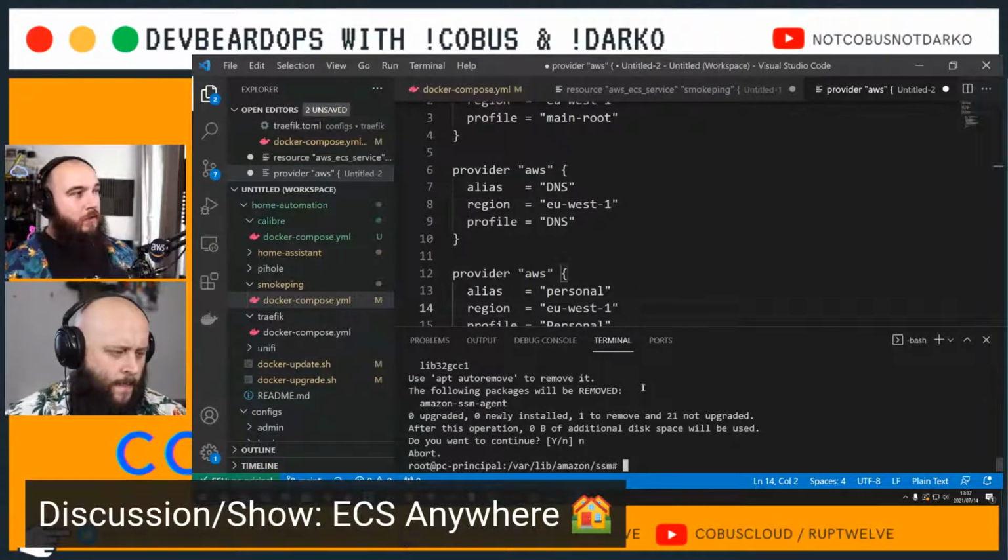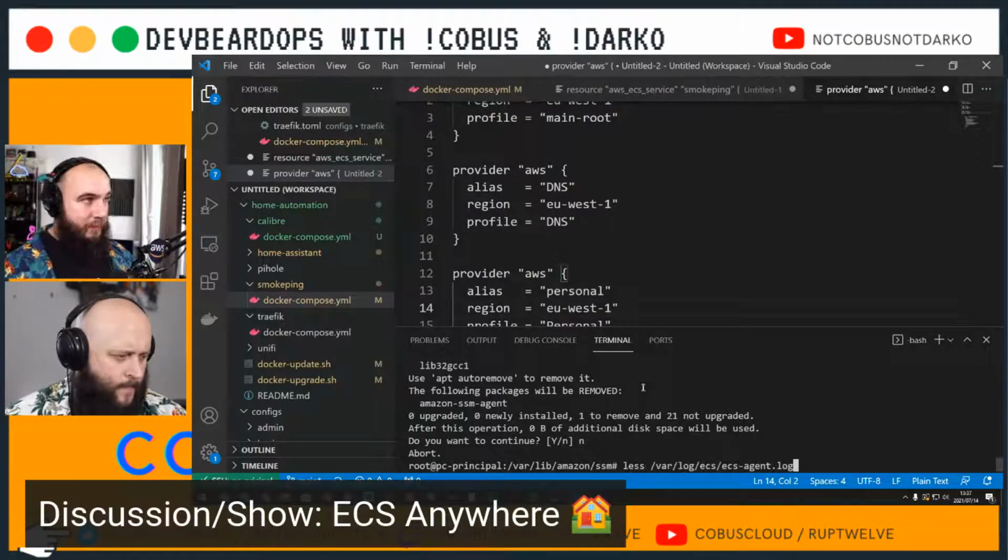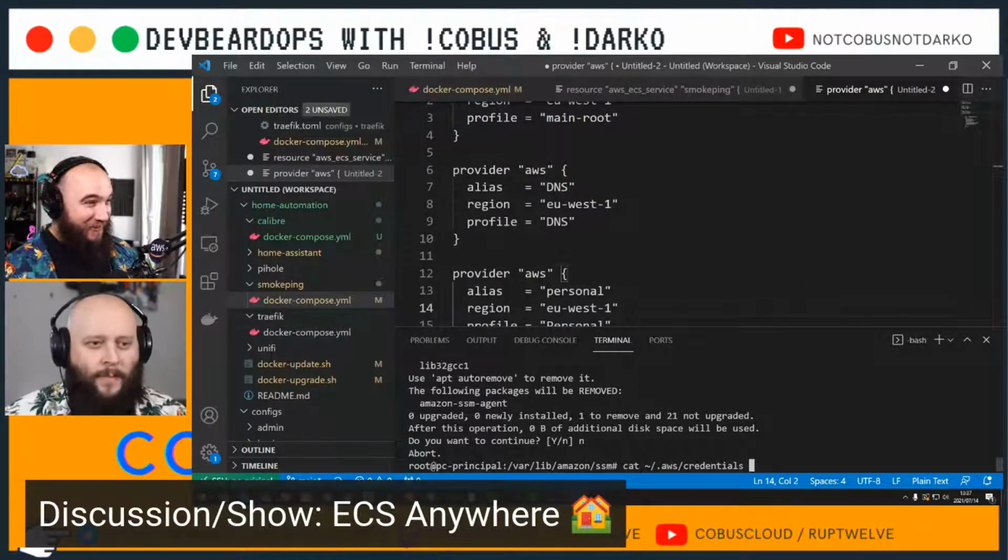Okay. So do you have multiple profiles set up on this thing? I should not. When I cat those files, it's always like, oh, no, don't cat credentials, Cobus. See, I'm going to hide them. I'm just teasing you. What have we got over here? Okay. Multiple profiles. This makes no sense. Okay. So